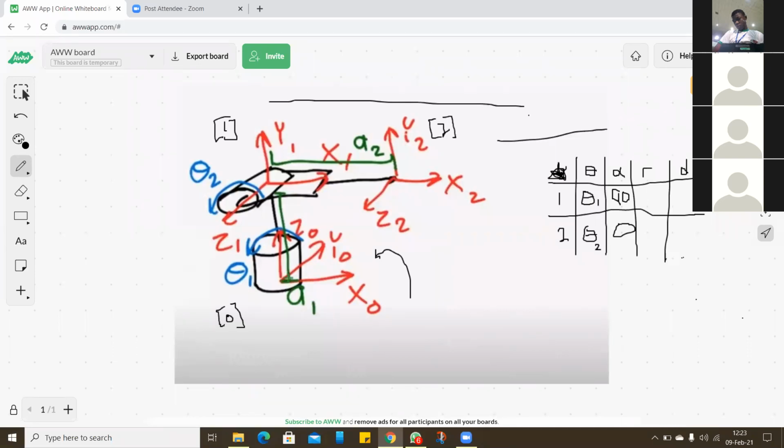The last one is the rotation of the first frame to the second frame around the first z, which is z naught in this case. We're always referring to the previous z, but for alpha we're referring to the new x, not in the direction of x naught, but in the direction of x1. That's why the direction of x1 was like this. So we had to rotate this to this around the x1 direction. It's still the same thing as x naught. So we just rotated it like this. Z came here, y came here. That was 90